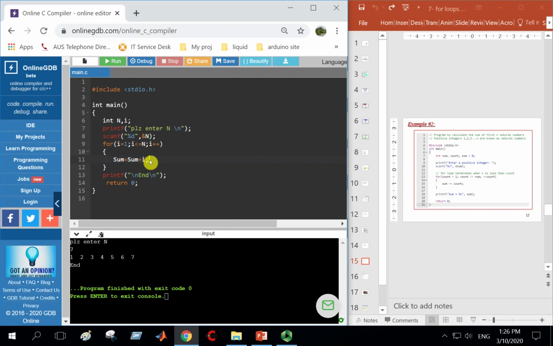Now we want to print the sum inside the loop or outside the loop. If you want to print the current sum step by step, when I equal to 1, when I equal to 2, write the print message inside the for loop. But in our case, we want to print the final sum. It should be outside the loop. Now here print,